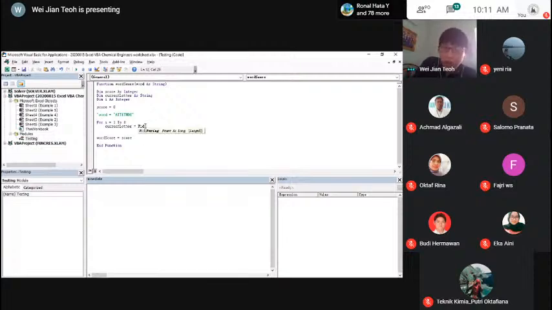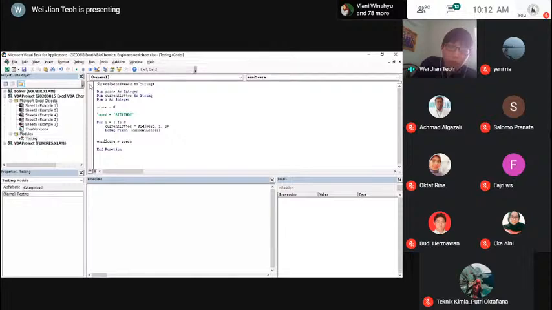So I'm going to open the bracket, and it's going to show me the hint: string, start, length. The first is what word I want to take out. The second is the position, so i. And length means how many letters I want to take out. I just want to take out one letter, so I just type 1. Okay, before I continue, I usually put something to debug the program. So I'm going to put Debug.Print currentLetter, just to make sure that the function is going to run properly.